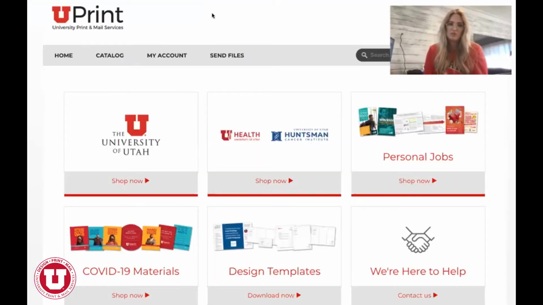This training session, we're going to show you how to upload your own design on UPrint using a postcard as an example. I'm just going to show you real quick how to do that, and I'm going to start sharing my screen. So first off, to upload your own, you want to go to uprint.utah.edu, and then you're going to